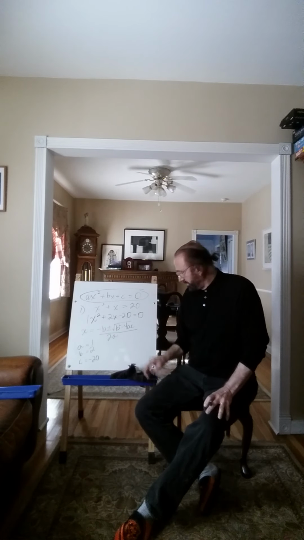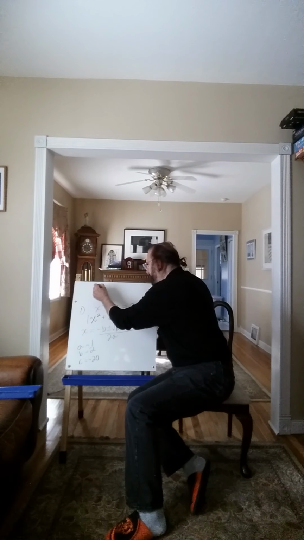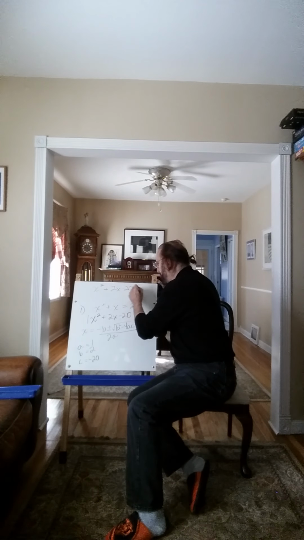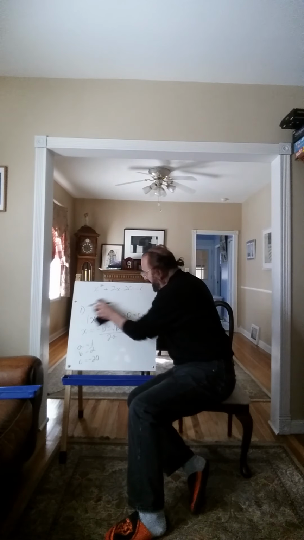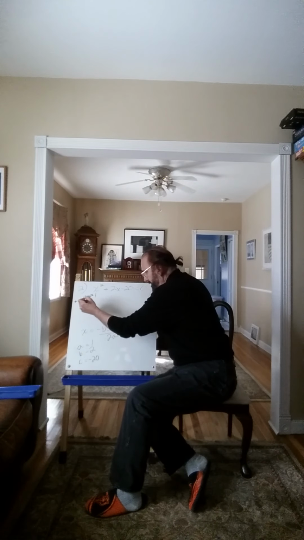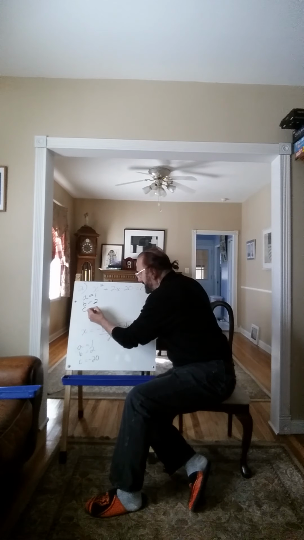All right. Now, I am going to erase some of this stuff. Here's our equation: x squared plus 2x minus 20 equals 0. This is number 2. Now let me rewrite this. A is 1, B is 2, C is negative 20,